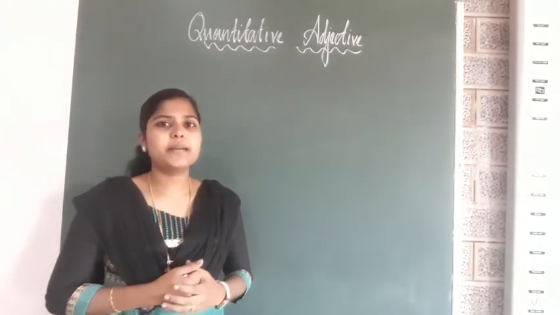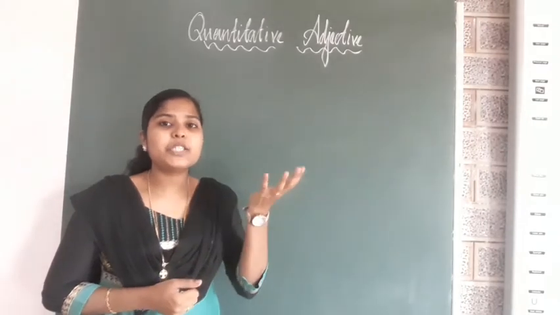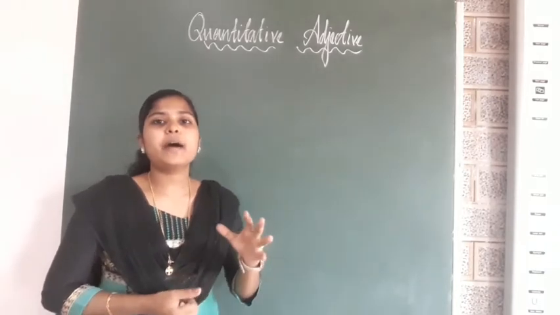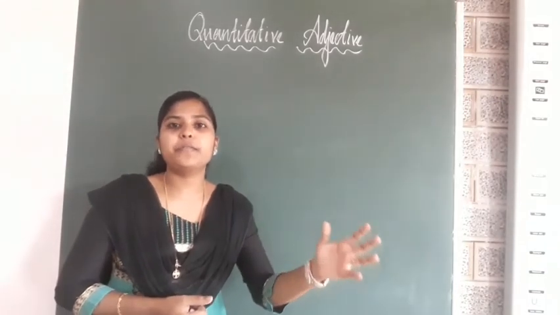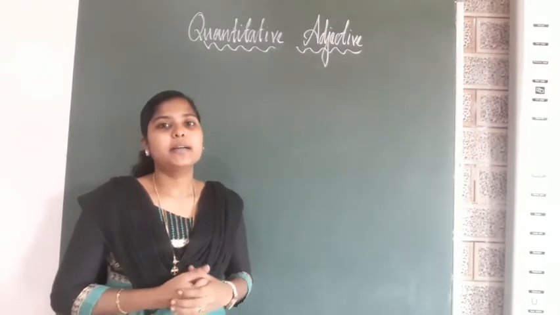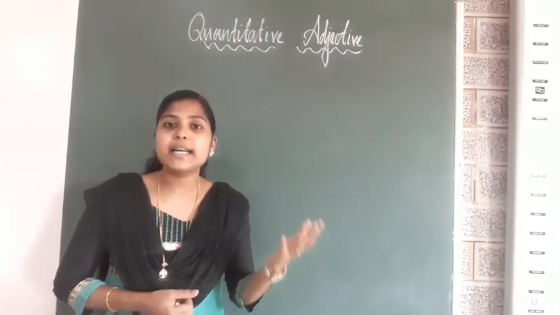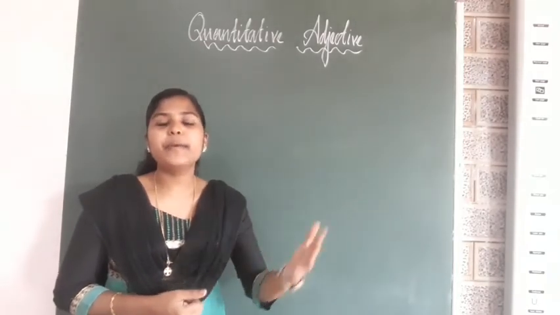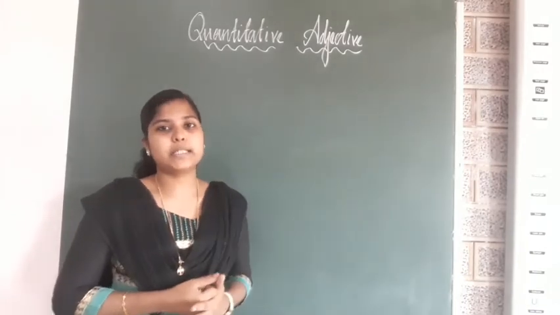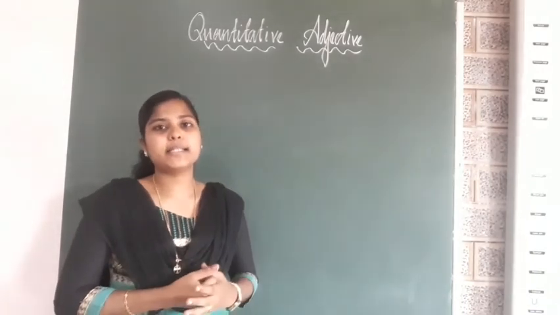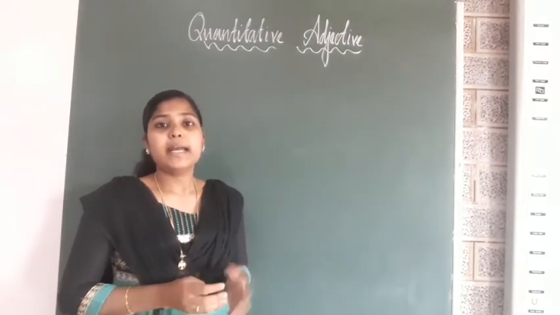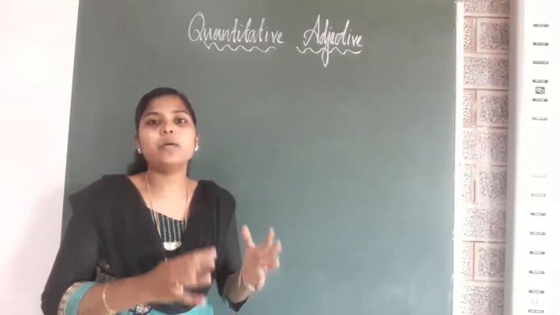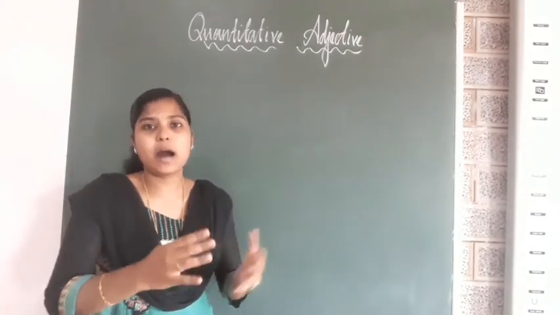What does it mean by quantity? It's a measuring thing, isn't it? So it shows the quantity. For example, if I have 5 kgs of rice in a sack, then this 5 kgs is indicating the quantity of the rice, isn't it? 1 liter of milk, 5 liters of milk, 5 chocolates, 10 books. It shows how much or how many the noun or a pronoun there is or there are.